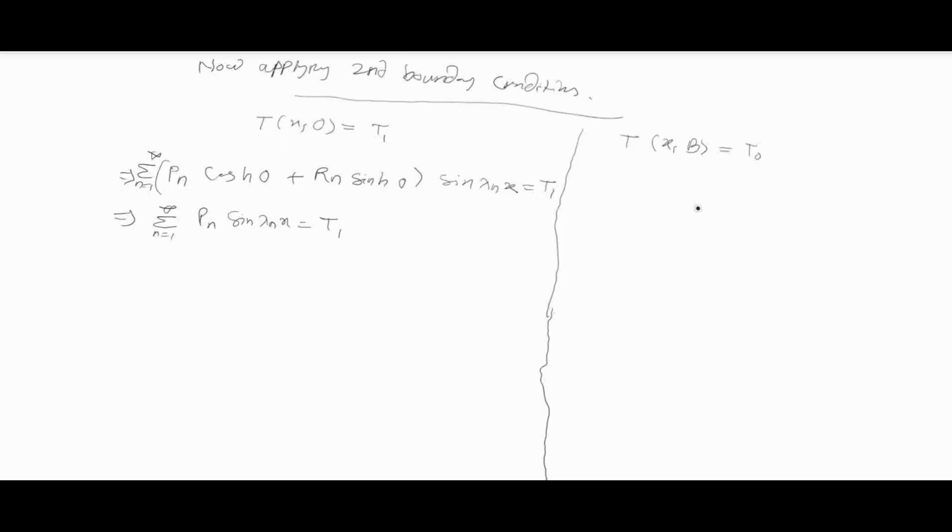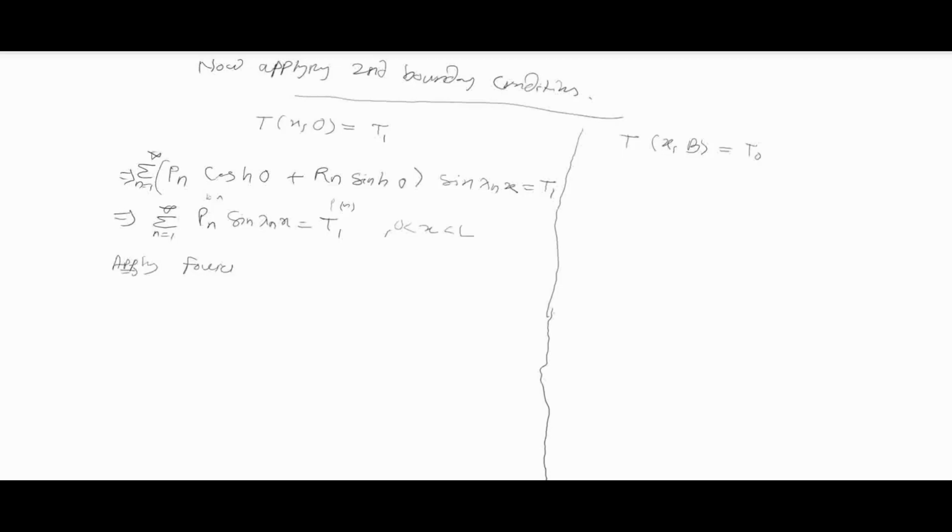Now this means one such equation which can be solved by using Fourier's half range series. So here this is f(x), and this is bn, and this is sin(lambda n x). So Fourier's half range series will give us the solution, and this is applicable to x between 0 to L. Okay, so the Fourier solution for this would be,